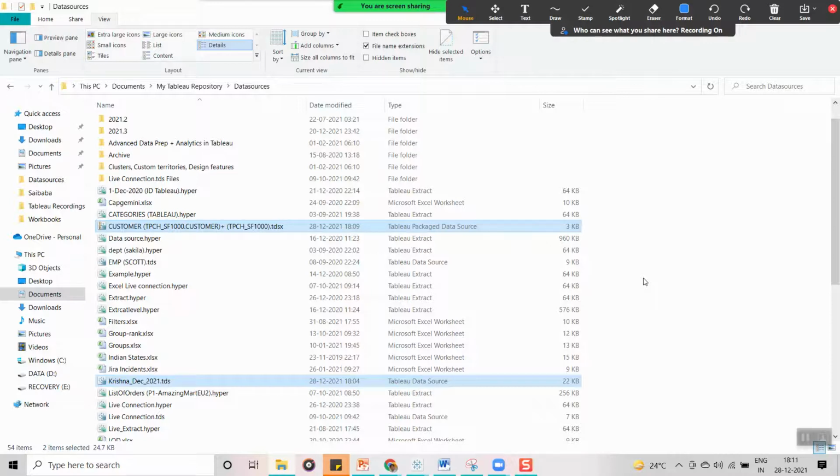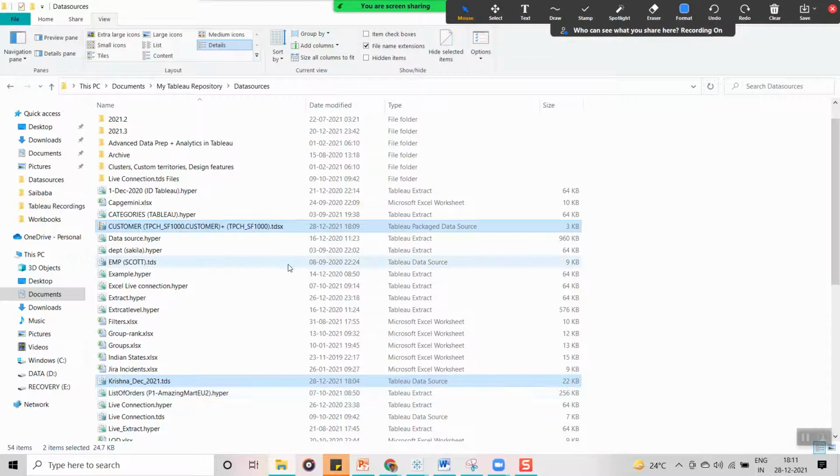TDS. Okay. Generally, TDSX or TWBX files will have more size, because TDSX or TWBX files are stored as a packaged workbook, right? So actually the size is going to be more.